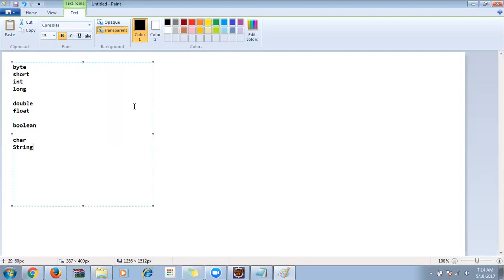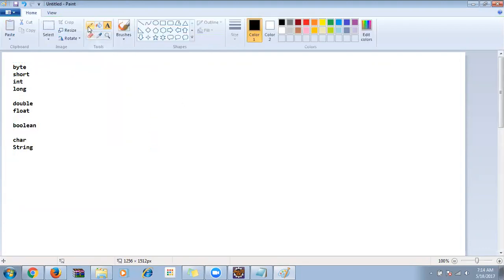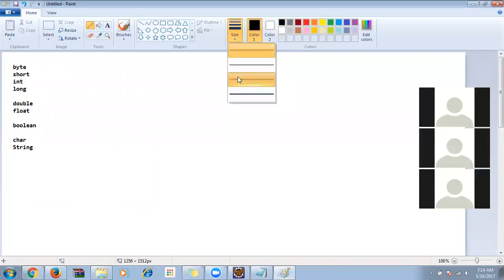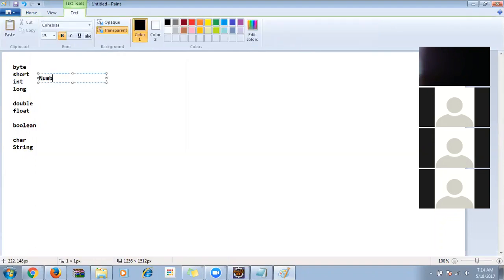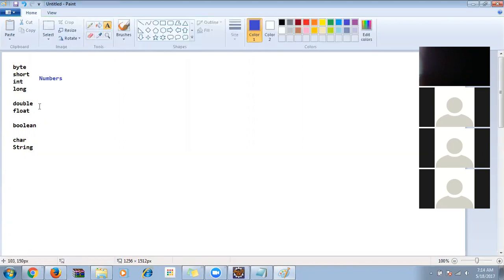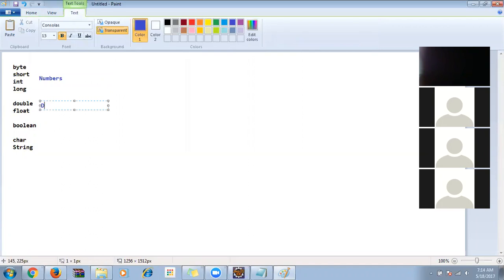Now, byte, short, integer and long will help me to store numbers. I'll give it a different color. Then double and float will help me to store decimals. Then boolean will help me to store true or false. Then character will help me to store